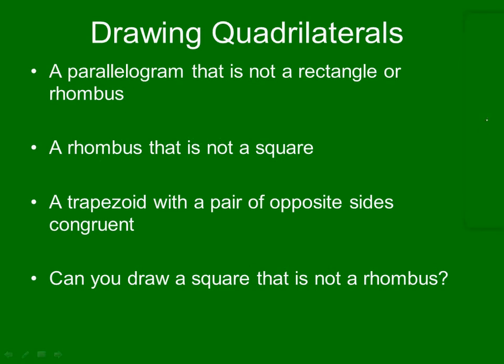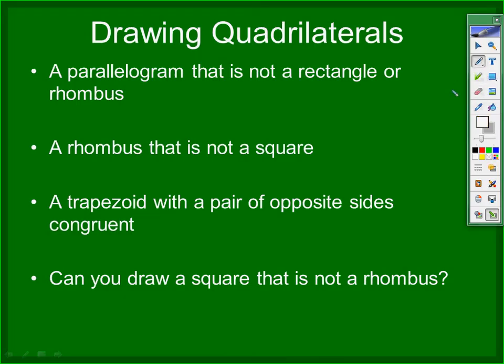Drawing quadrilaterals. I've given you different parameters to draw special types of quadrilaterals. If we're looking at a parallelogram that's not a rectangle or a rhombus, a parallelogram is telling us that we have two pairs of parallel sides, but we do not have right angles, and the sides are not all congruent to each other. An example would be something like this,